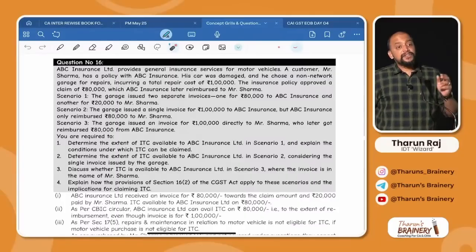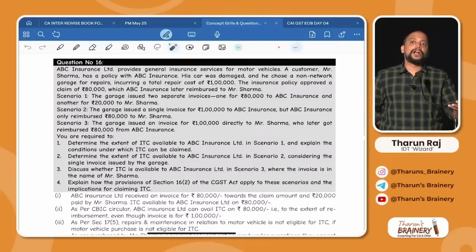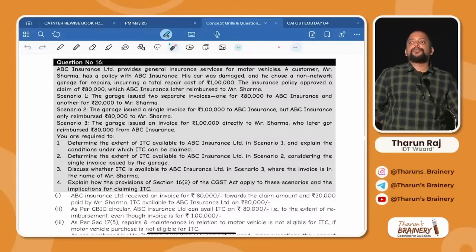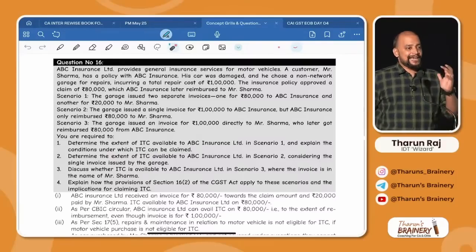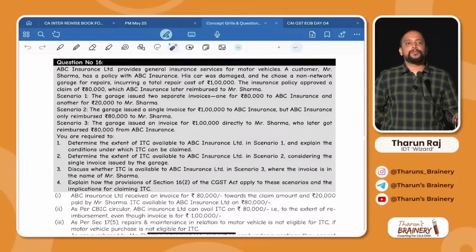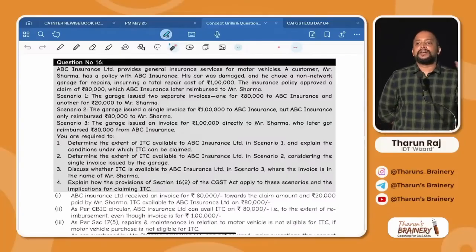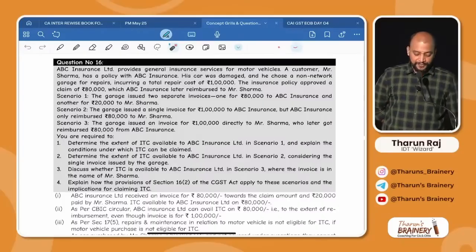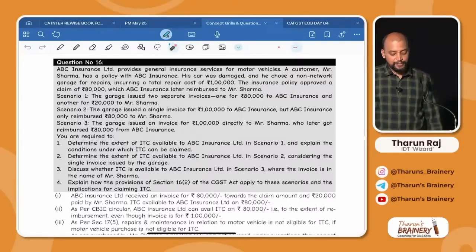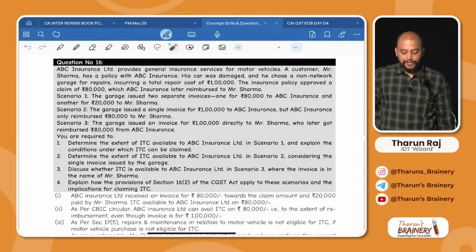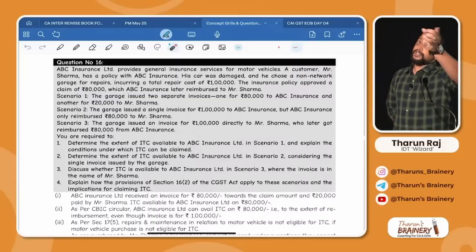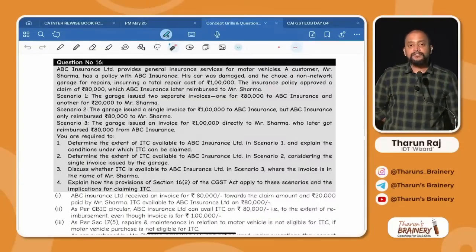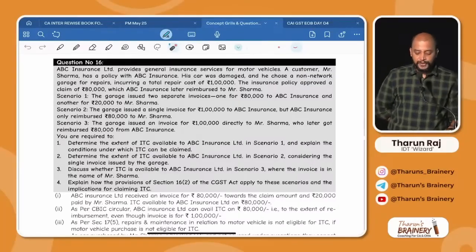80,000 only. Even though the insurance company got an invoice for 1 lakh, as they reimbursed only 80,000, proportionate to 80,000 only, they can take ITC. And on the 20,000 rupees, the question of ITC to Sharma is not applicable because the invoice is in the name of the insurance company. Then scenario number 3: the garage issued an invoice for 1 lakh directly to Mr. Sharma, who later got reimbursed 80,000 rupees from ABC Insurance. Now in this scenario,